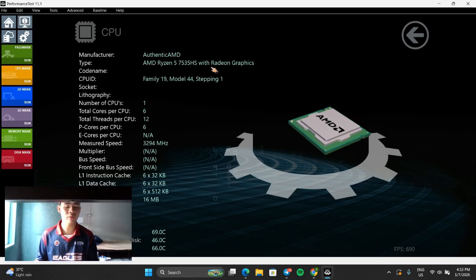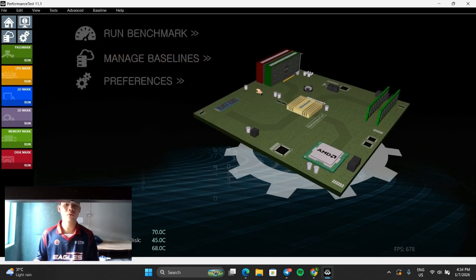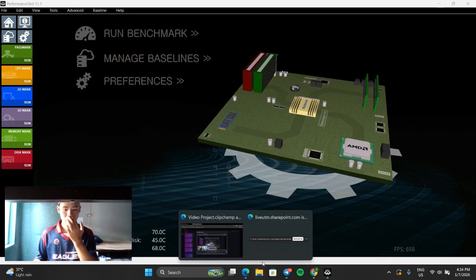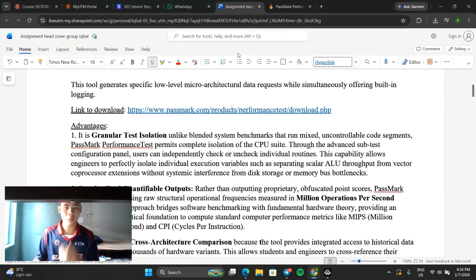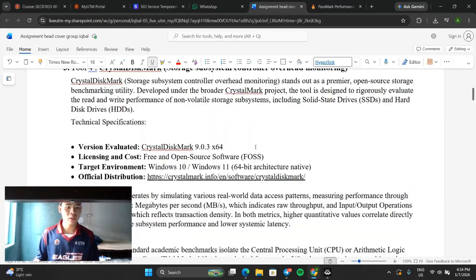I'm using an AMD Ryzen 5 7000 series, with 6 cores and 12 threads. My clock speed is 3294 megahertz. They also show the CPU and GPU temperatures. First things first, for workload A,